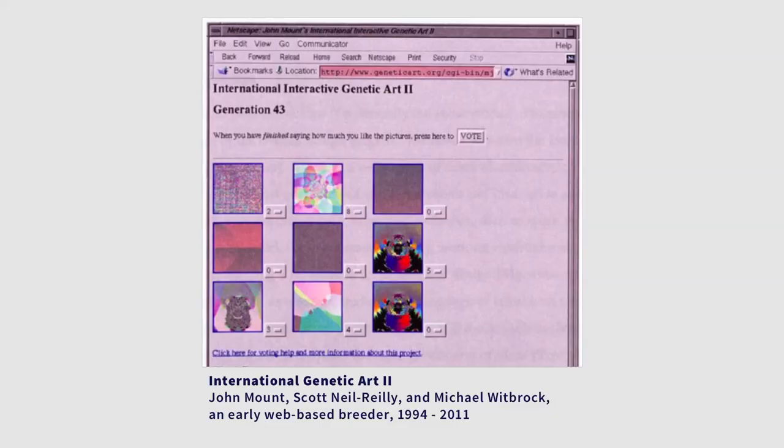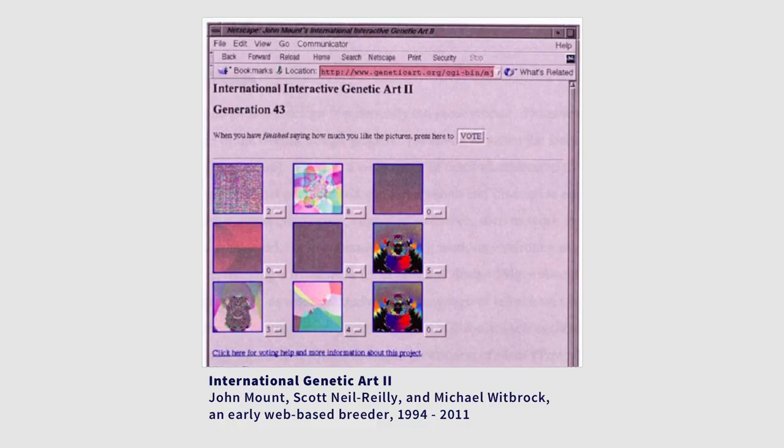The original example of this was a system by John Mount, Scott Neil Reilly, and Michael Whitbrook, named International Genetic Art 2. The system ran from 1994 for more than a decade until 2011. It allowed users to rate a number of generated images. Once the user validated their vote, the next generation was produced using the scores assigned by the users together as